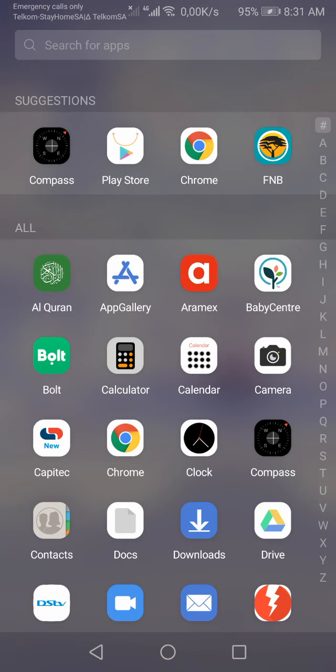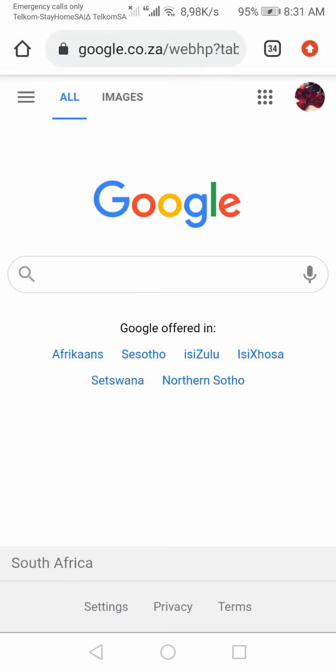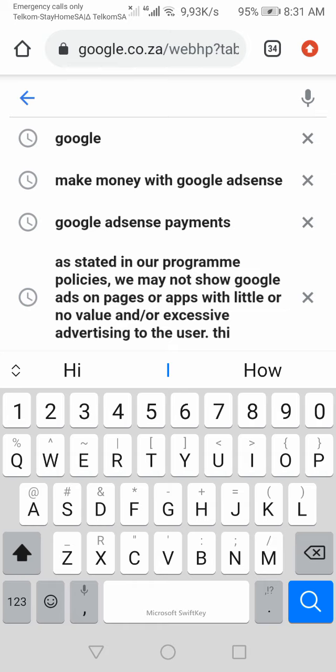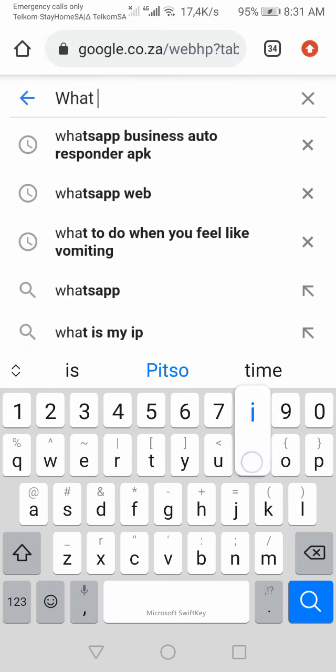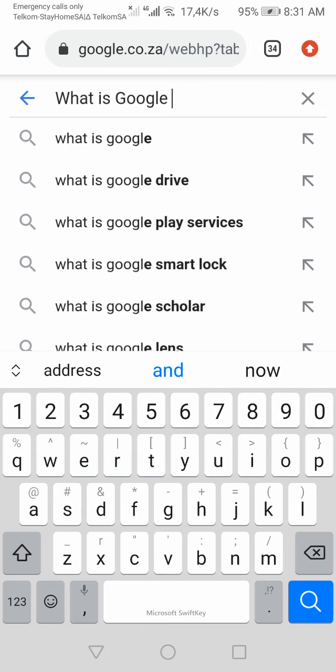I'm gonna show you how to make money with Google AdSense, right? But firstly, I'm gonna explain a little bit more about it. So we're gonna go to Google and say, what is Google AdSense,